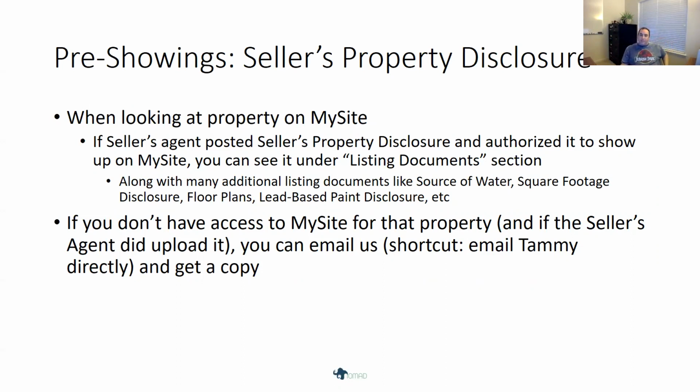If the seller's agent posted the seller's property disclosure to Iris, which is our MLS, and authorized it to show up on my site, you can, as a client of mine, under the My Site section, look up the listing documents section and see the seller's property disclosure. So you'll be able to pull it up and look through it and say, okay, I see what they're disclosing. That looks good. It also has additional documents like source of water, square footage disclosure, floor plans, and lead-based paint disclosure. So it has a lot of those in there as well,